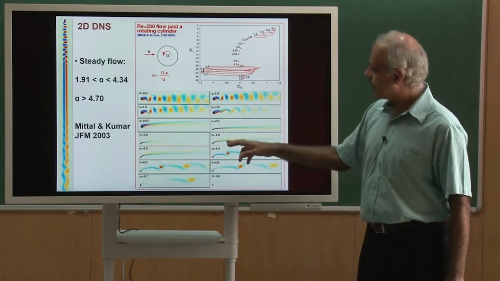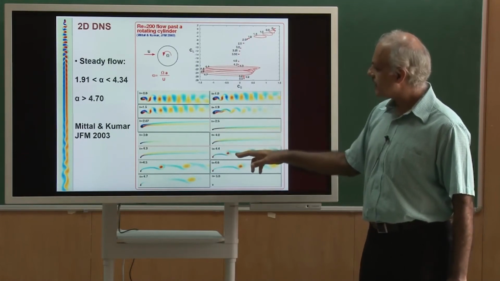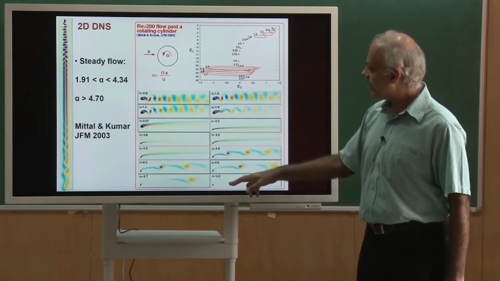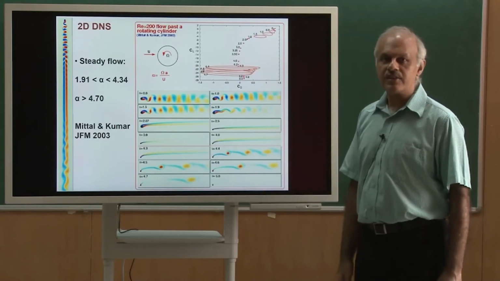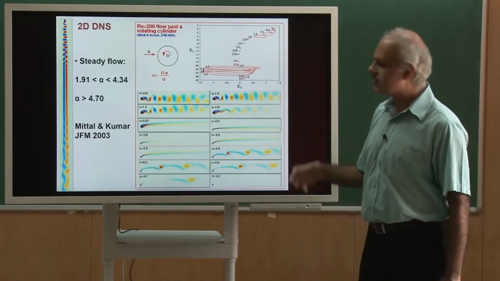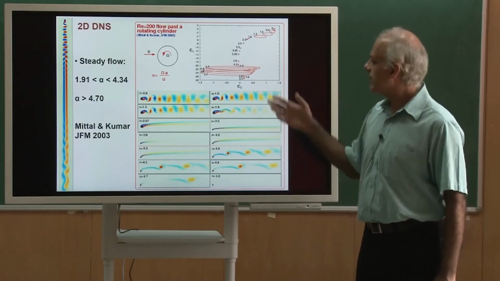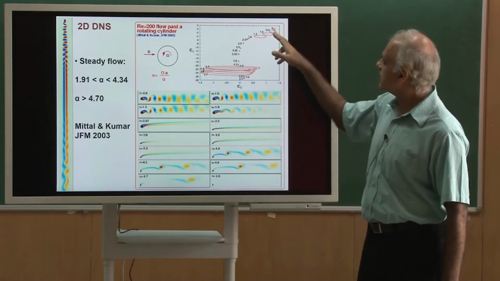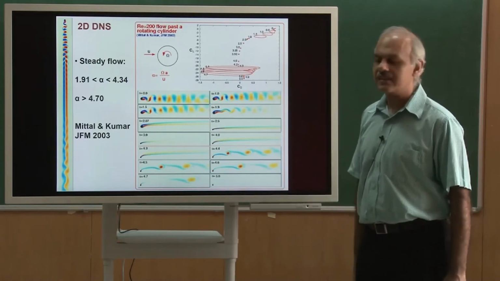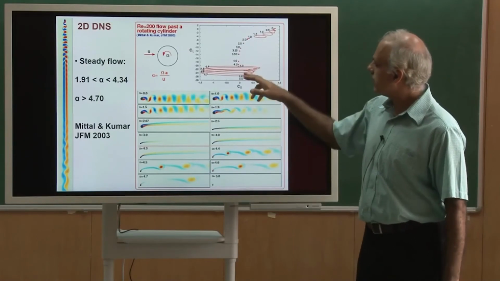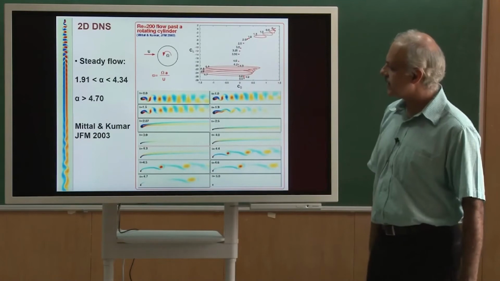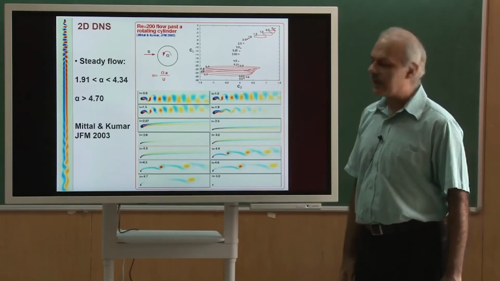And this now becomes unstable at a larger spin rate of about 4.4. And finally, when the spin rate goes to 5, the flow again becomes steady. So it is a very interesting flow. Okay. This was not known before, the second instability. So the first instability of the vortex sheet was known, but this one was actually discovered by our group in this very interesting paper. If you get time, you might want to look at it.